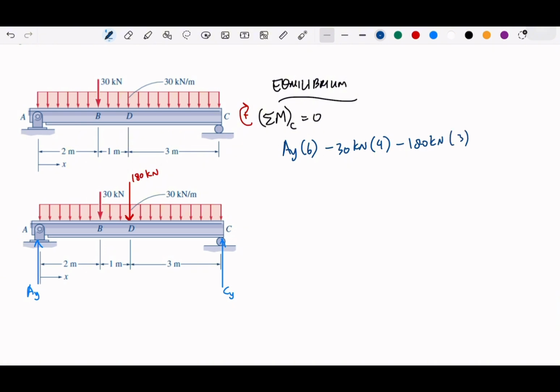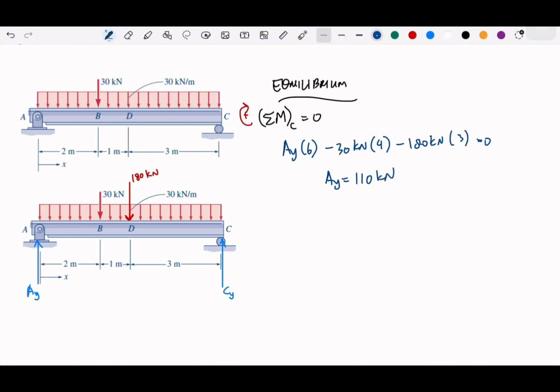I think enough. So this is equal to 0. So Ay we get, computing everything, 660 divided by 6 is 110